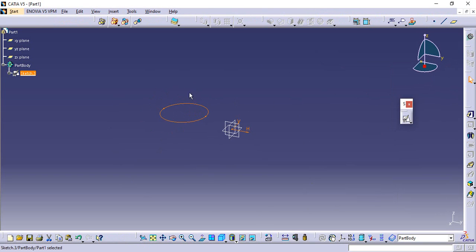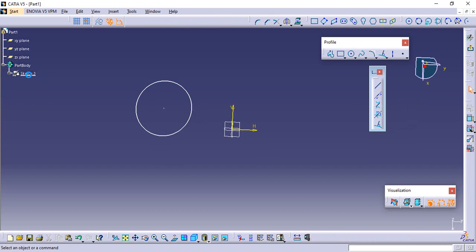This is the 3D space where we add material and remove material, and this is the sketch. If you want to edit the previous sketch, you just go to the model tree. I explained the purpose of the model tree in my first video. You just click on the part body and the sketch. You just double click and you are back in the sketch. Now delete this figure.